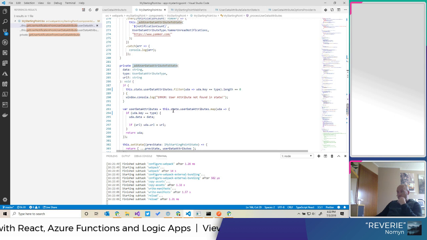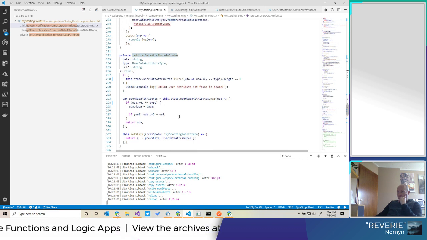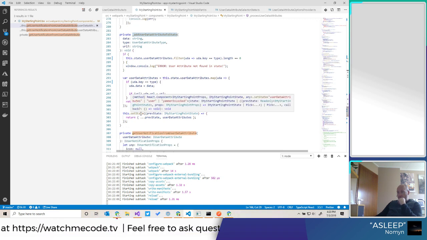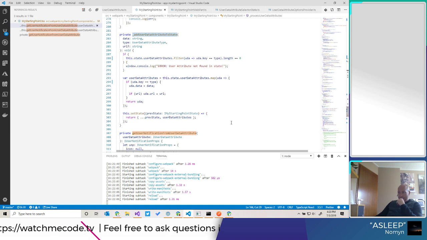It's happening here. Attribute not found. It's creating a new list of user data attributes where we update the data and the URL.